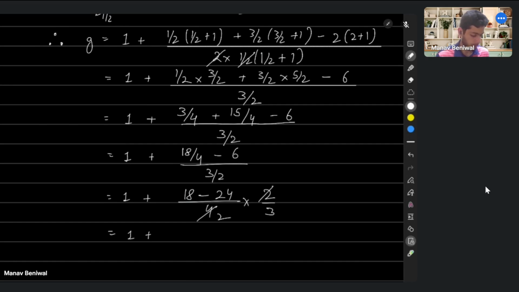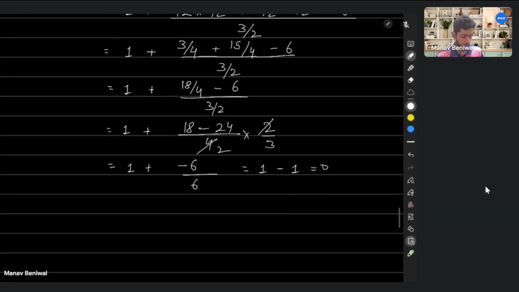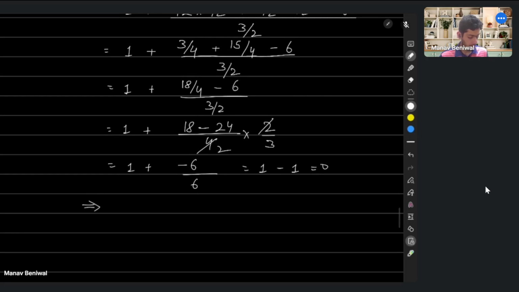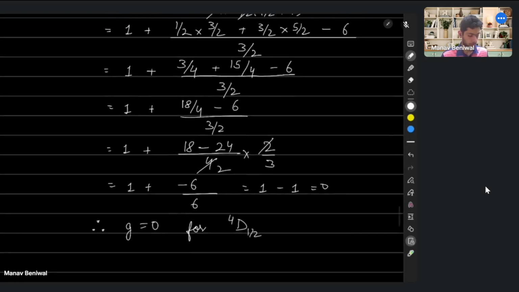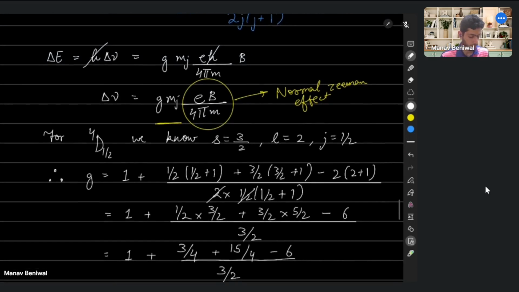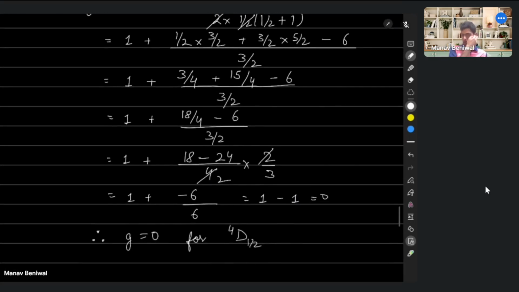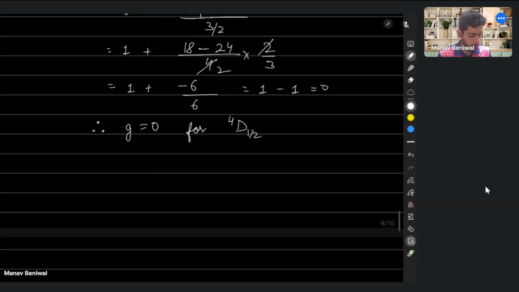and therefore this will become 1 plus minus 6 by 6, because 2 times 3 is 6, and so this becomes 1 minus 1 and this becomes 0. So therefore G is equal to 0 for 4D 1 by 2, and this implies that